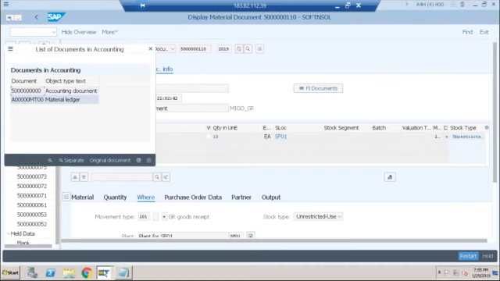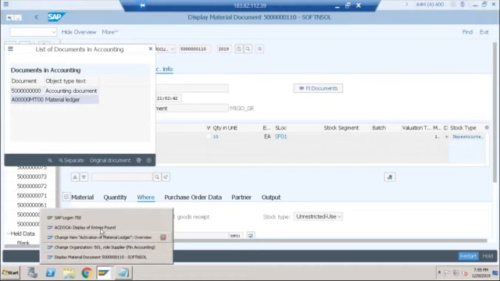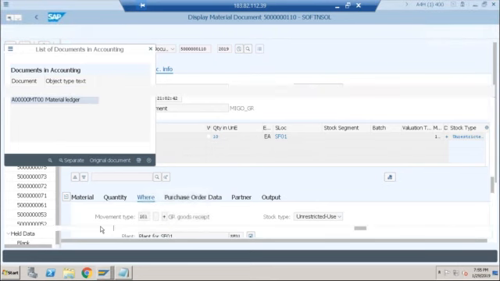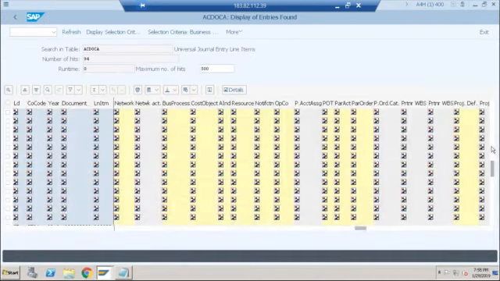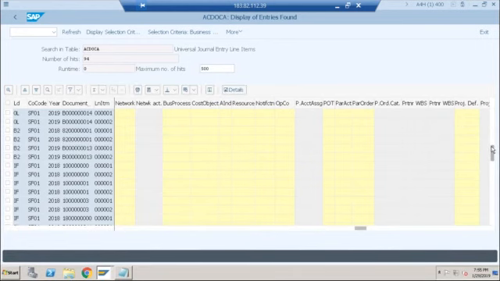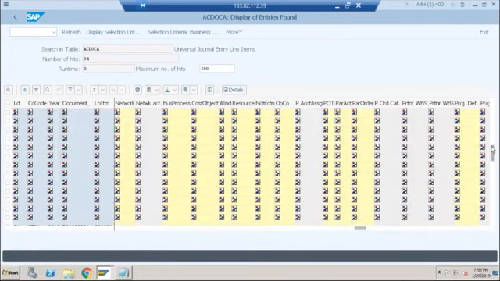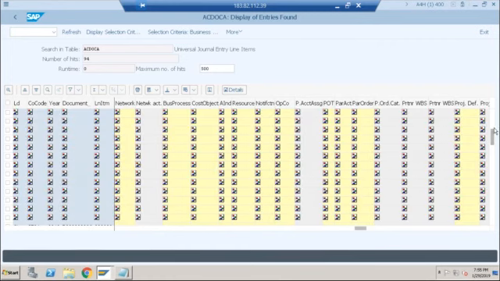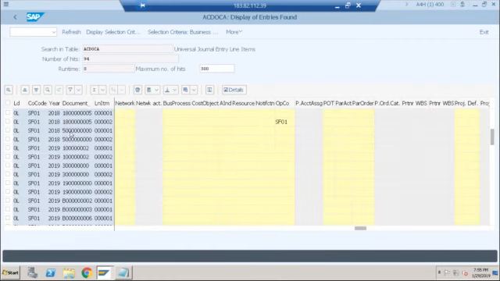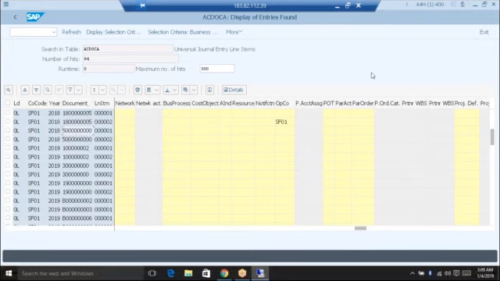So if you see this document, to be very specific, in this table ACDOCA, we will be able to see the material ledger related information. If you are wondering what are these document numbers starting with B, the answer is these are balance carry forward documents. So don't worry about these document numbers. These are balance carry forward document numbers, not the normal document numbers. So this is the document which we need to see, the material ledger related posting.